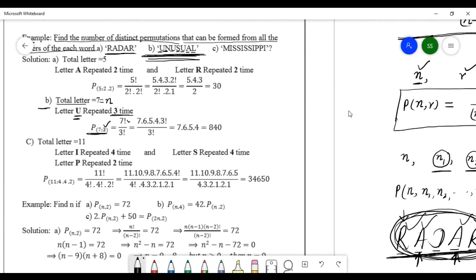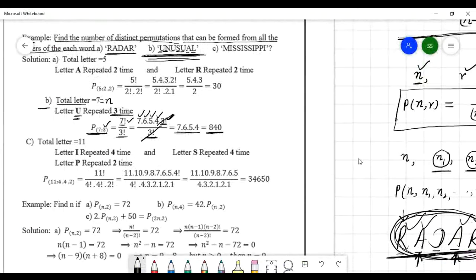So factorial, and 3 repeated, so below it 3 factorial, this way. Okay, and now below we have 3 factorial. So open this: 7 factorial, that is 7 times 6 times 5 times 4, and stop here. Because below we have 3 factorial, then stop here, 3 factorial, then this cancels. Right? And the rest 7 times 6 times 5 times 4 will become 840. This way. Right? Clear? Okay.